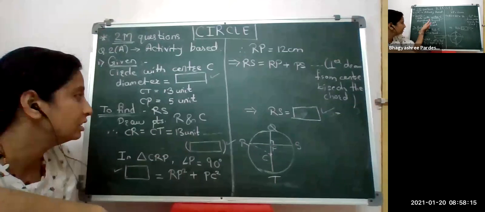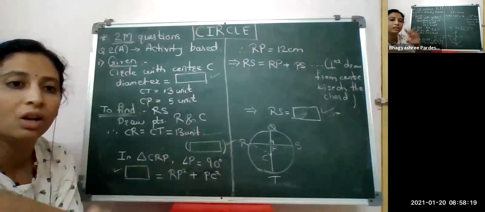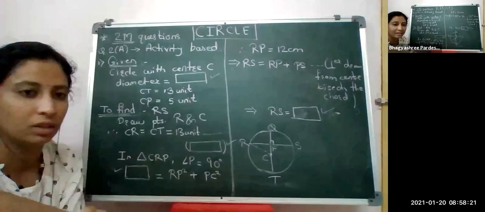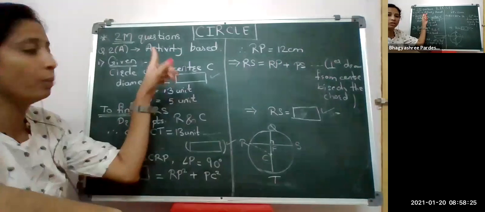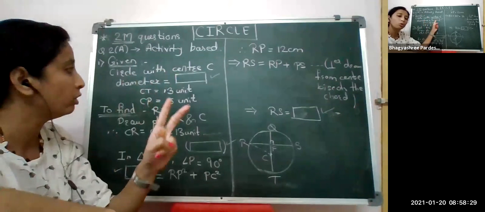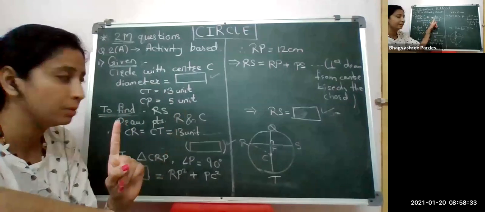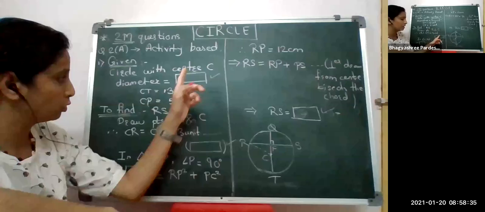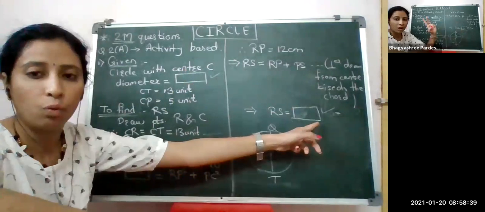We have to simply fill these 4 blank spaces. We don't have to solve the whole thing, only fill the 4 blank spaces. So obviously it is the easy thing. So never skip this. And how many marks question is this? 2 marks question. Yesterday also I told you that for 2 marks, there will be 4 blank spaces. Each blank space carries a half mark. So half plus half, 1, half plus half, 1. That is a total of 2 marks question.